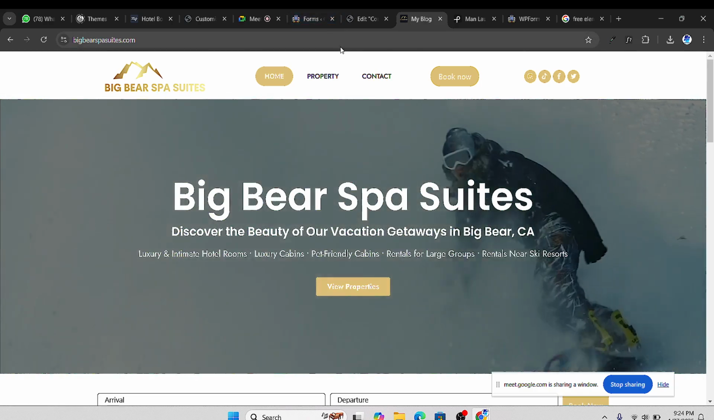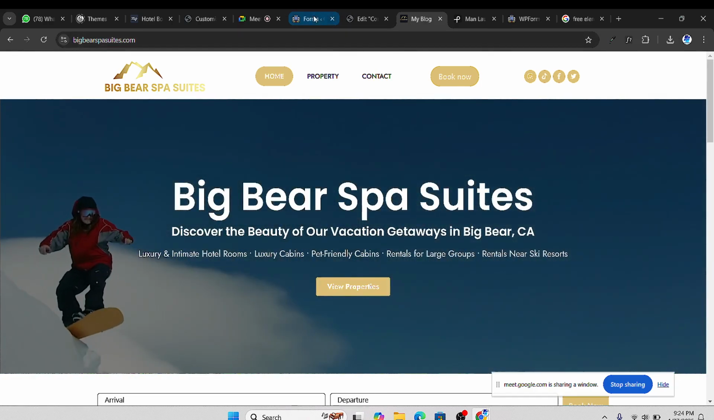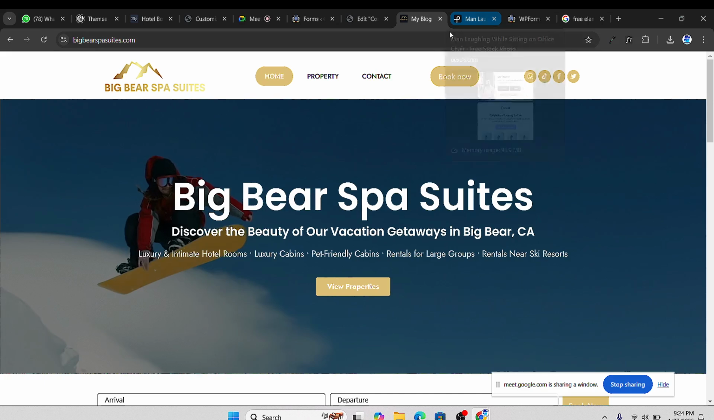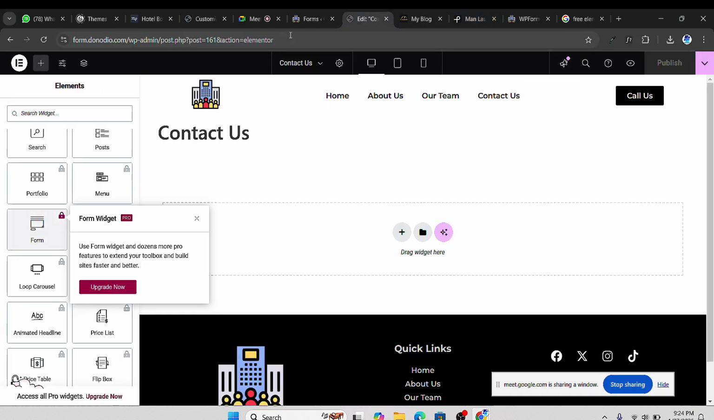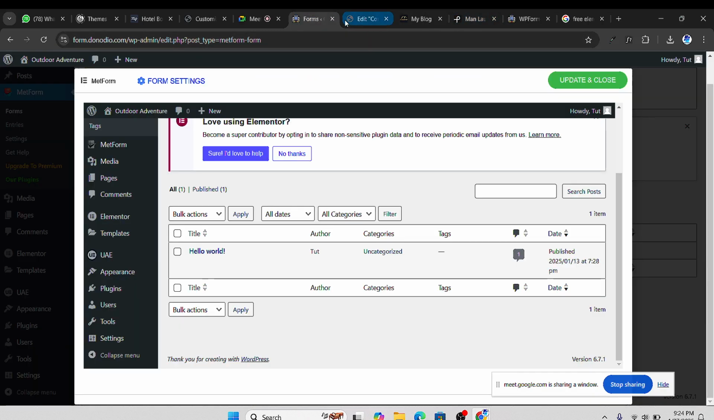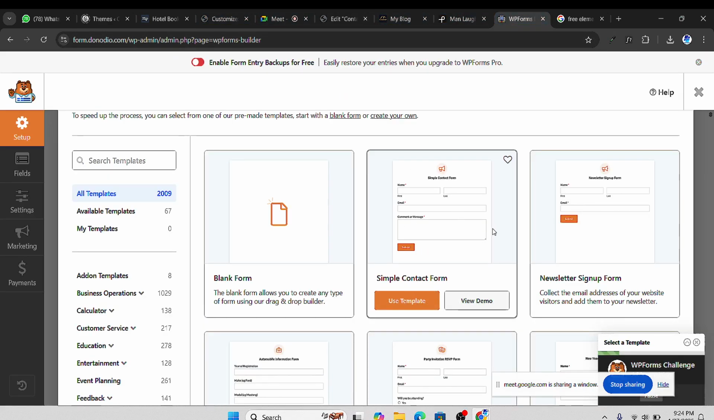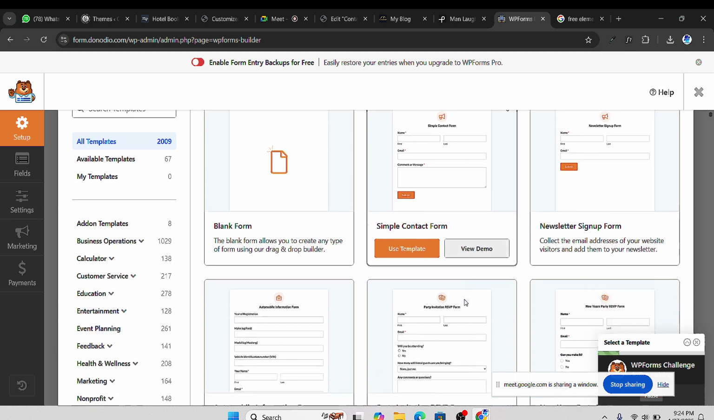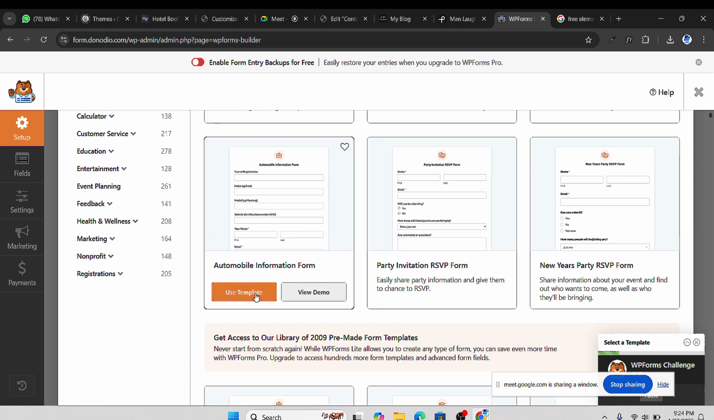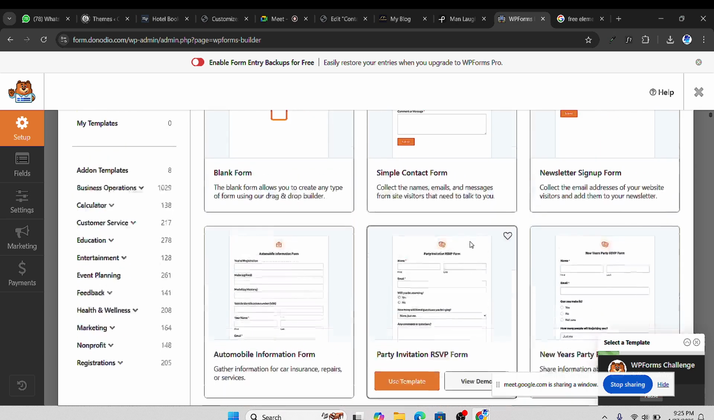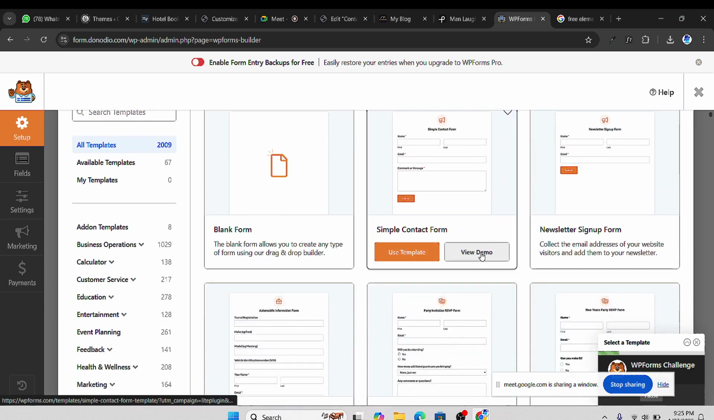About 3 minutes on this call. So now, where is it? Let me close this. I have too many tabs open. So for WP Forms, we still have the same thing. We have a simple contact. We have some simple demos which we can use. Let me look at this. If I click on view demo,